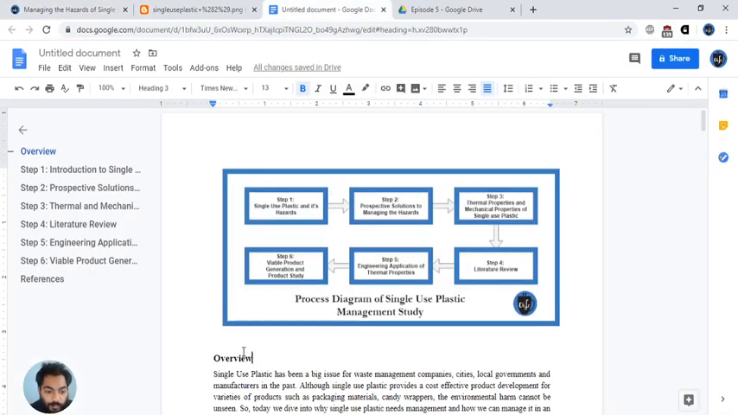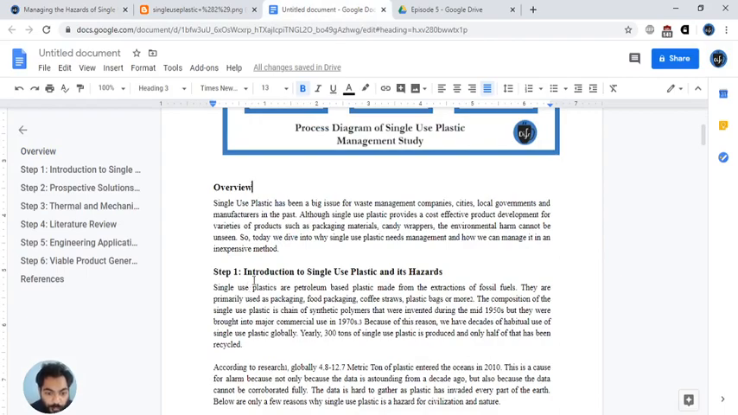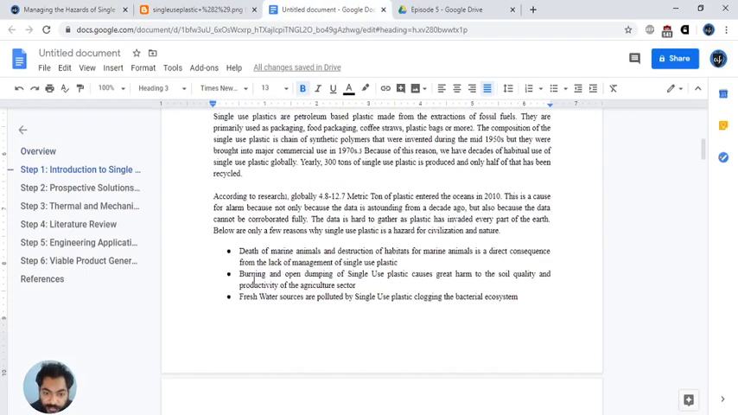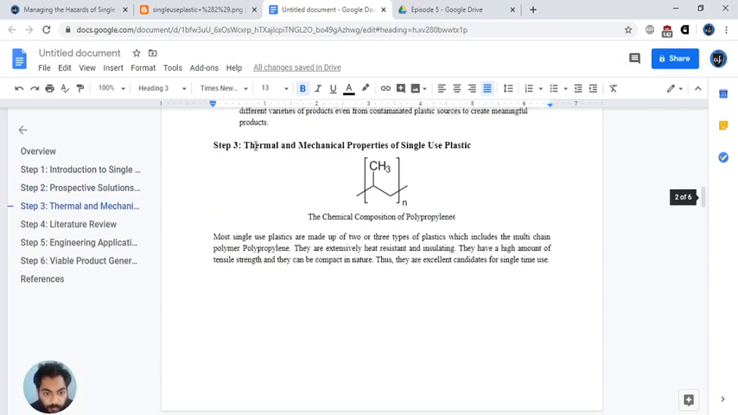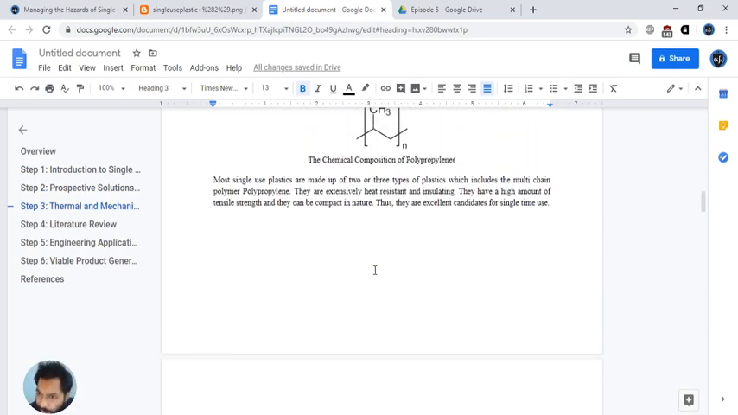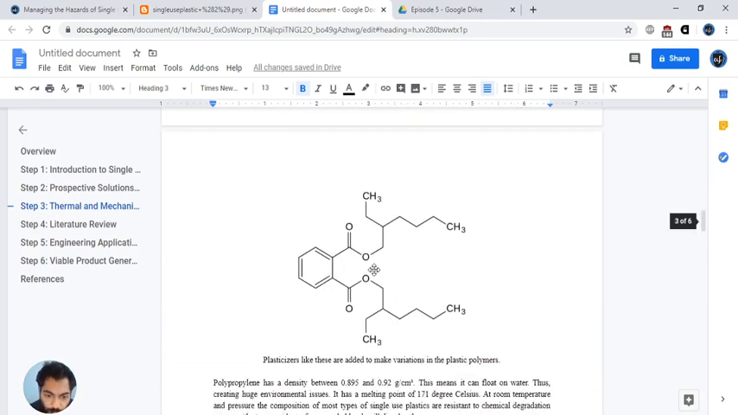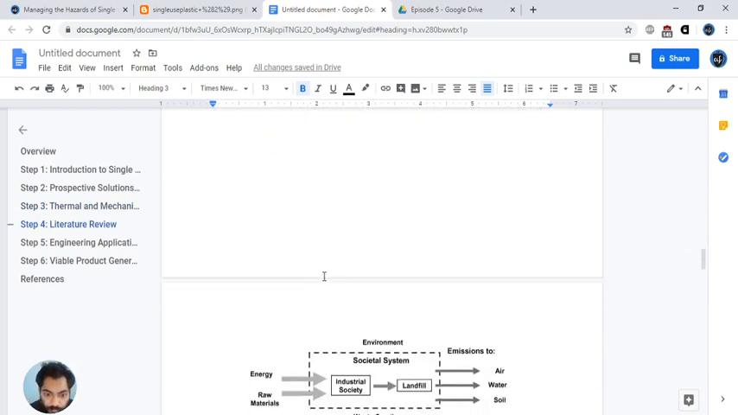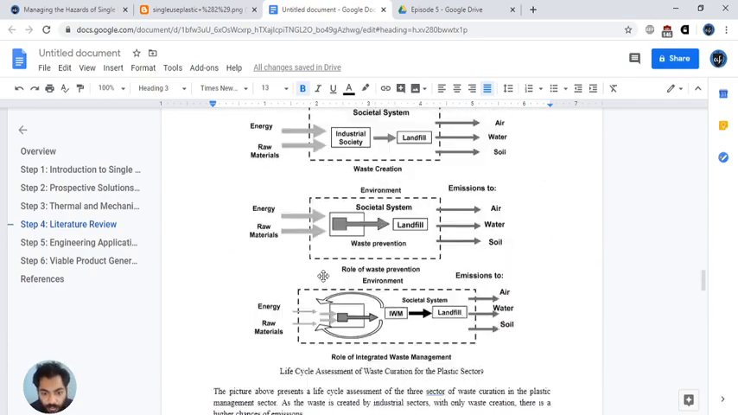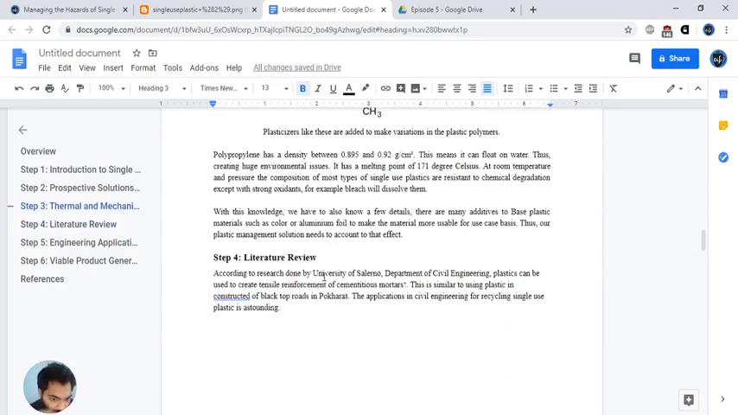Then we're going to talk about an introduction to single-use plastic and its hazard, and then we're going to go through prospective solutions to managing the hazards, and then through the thermomechanical properties of single-use plastic. We're going to dive into understanding what single-use plastic is, its chemical and mechanical properties, and then we're going to do a literature review on how single-use plastic has been managed and how that helps us out